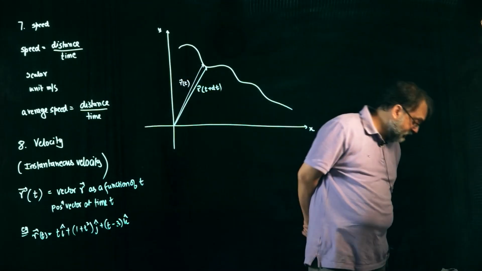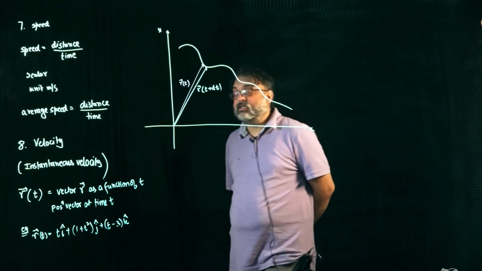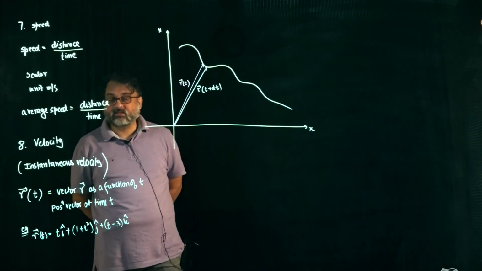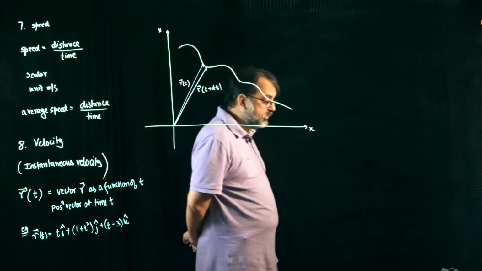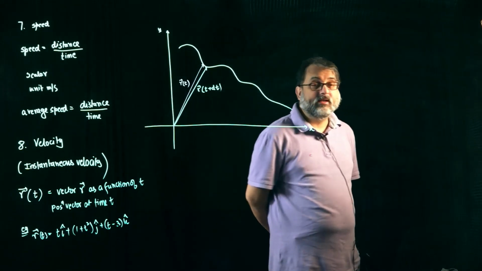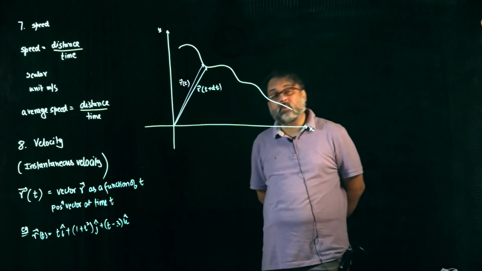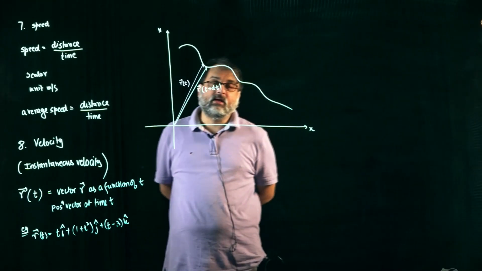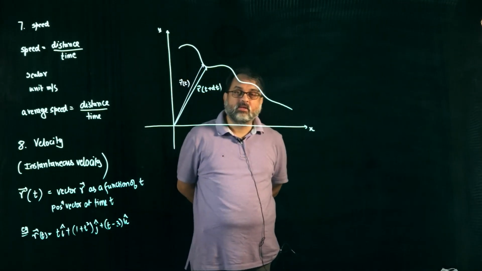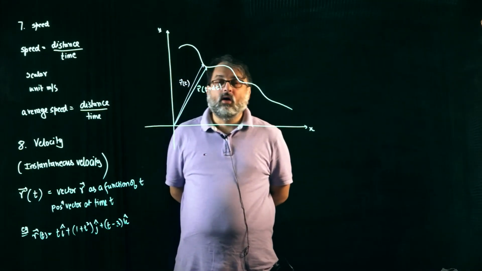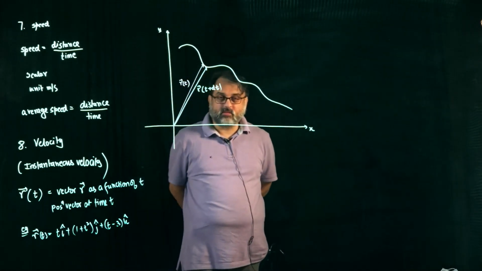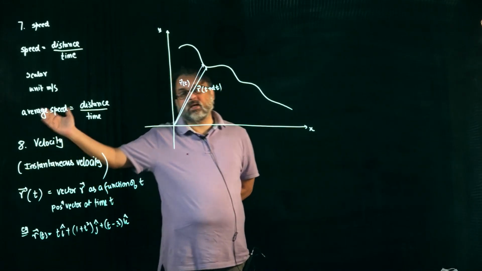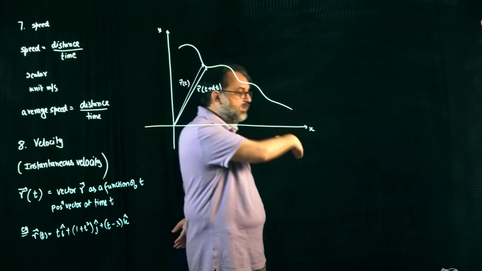So if I ask where the particle is at t is equal to 1, you can tell me now. If I ask where the particle is at t is equal to 2, you can tell me now. If I ask where the particle was at t is equal to -3, you can tell me now. All you have to do is place t is equal to -3 and that will tell you where the particle was 3 seconds prior to me starting the stopwatch, right? When the stopwatch was started, t was equal to 0. At any moment in time before, t was negative. At any moment in time after, t is positive.